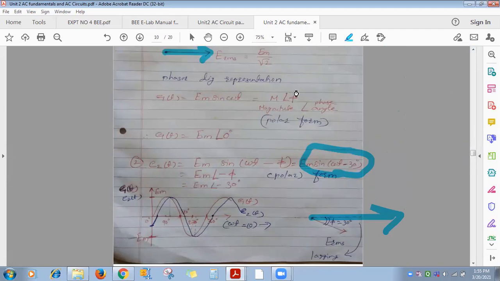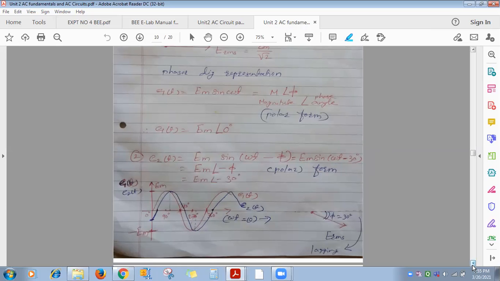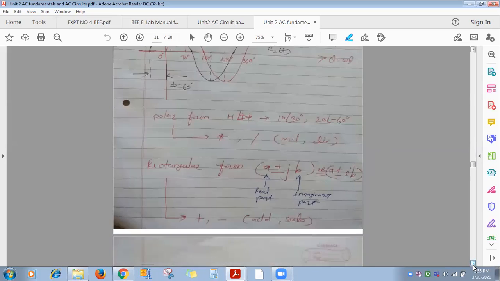So all the three types clear to everyone? Graphical, mathematical, polar, and phasor diagram for all three types. Any difficulty with this? No, ma'am. Okay. So the same sheet I'll post on your official group, on Google Classroom also I'll share it, on VOLP also. I'll load it today, so that all of you can refer to it.